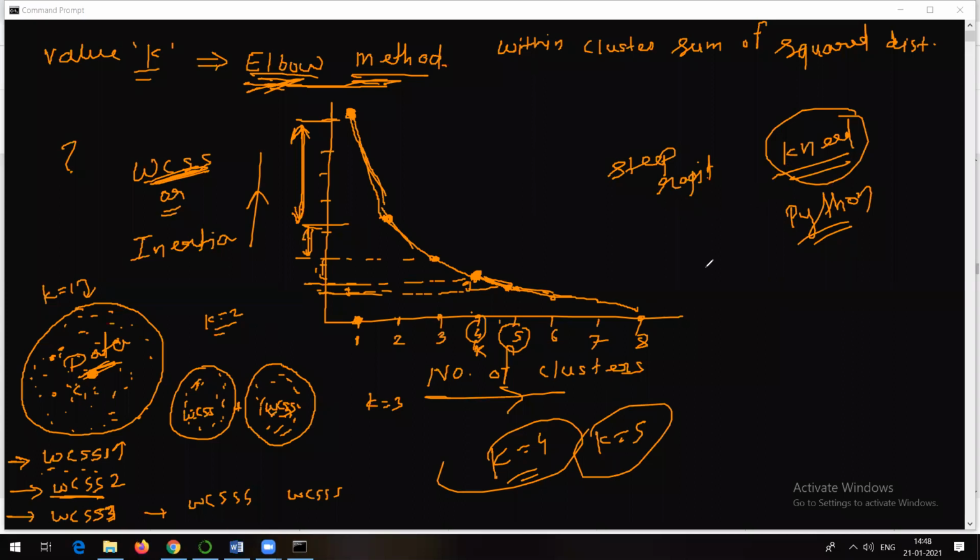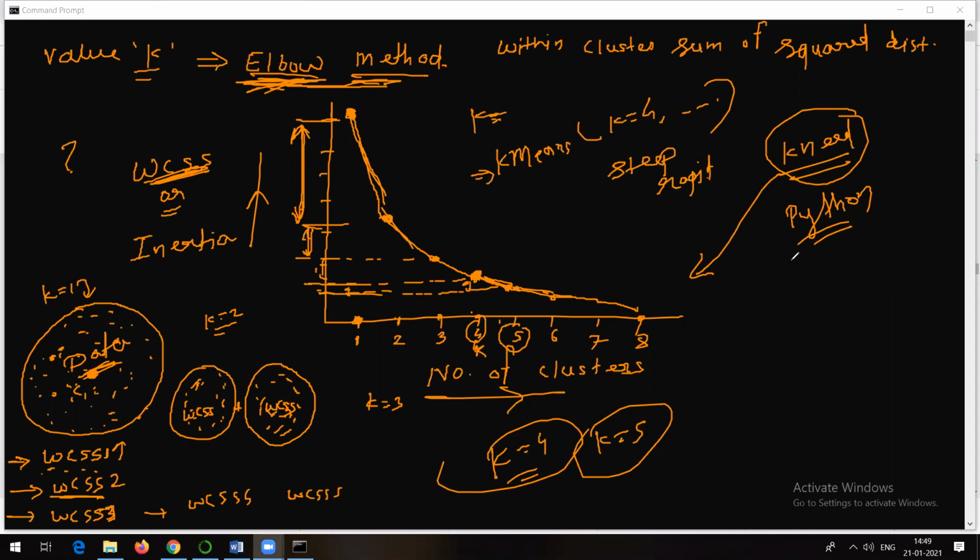But the logic is this, which is followed by the elbow method. So maybe in the code, what I'll be doing is I will apply the elbow method. I will get the value of k from the elbow graph, this graph, and then I will make use of that value of k in the k-means method. There I will write down k equal to, suppose, 4 and other arguments, and then I will train the model. This is what is going to happen. This is what I am going to show.